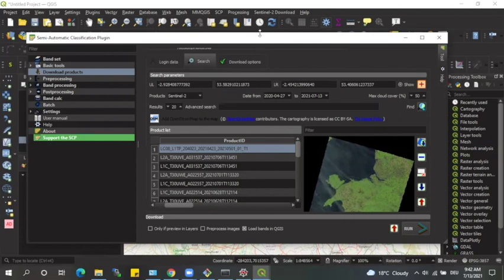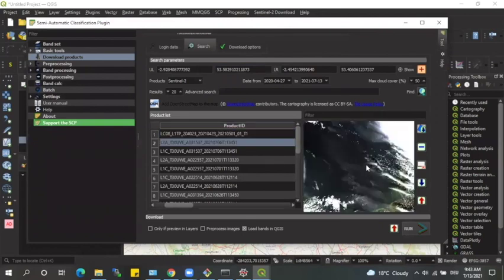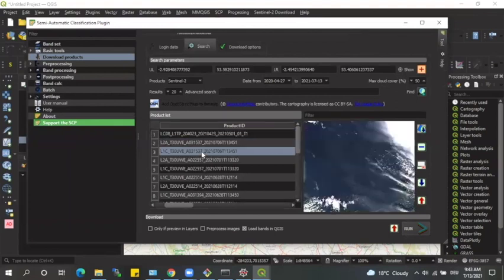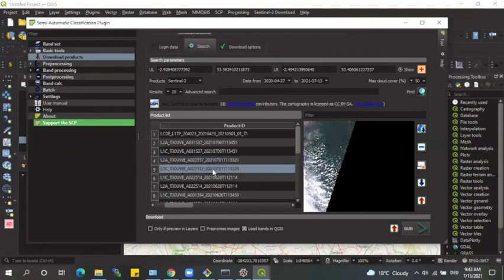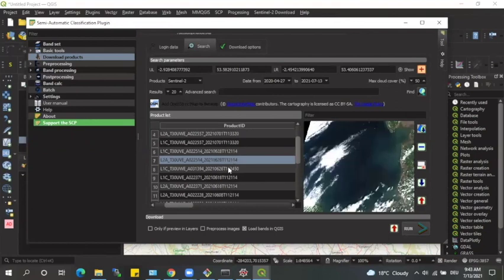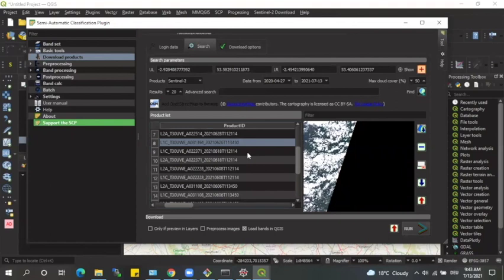And what is interesting here is that you can actually click on any of the data that are returned, and it shows you a preview of what it looks like. So there are Sentinel-2 level 2A and level 1C data sets here. You can choose any of them, and it shows you a preview of what the data looks like. So you can go through just to be sure that you are getting a less polluted data in terms of the cloud cover. So I'll try going through a few of them just to locate and select the best possible.